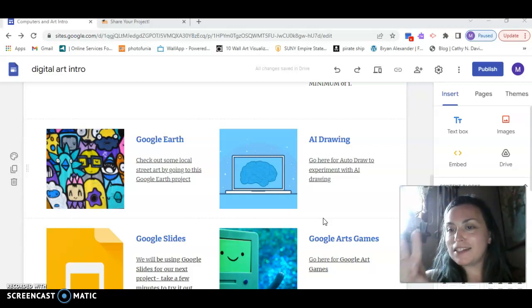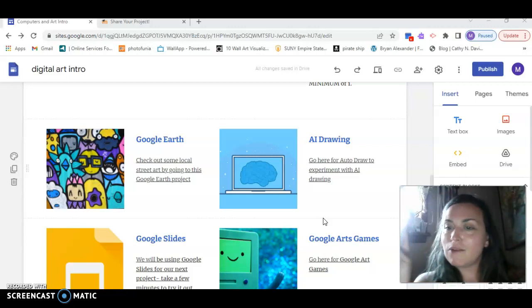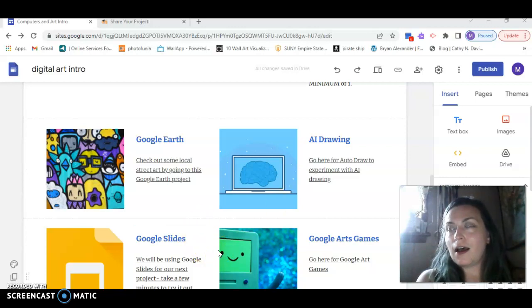If you haven't experimented with this yet, you really should try it out. You're able to go on and draw, and it gives you guesses on what you might be making. Because honestly, drawing online and drawing on a computer can be pretty tough. And with middle school, you really want to keep them feeling successful, especially with arts, because the motivation can decrease